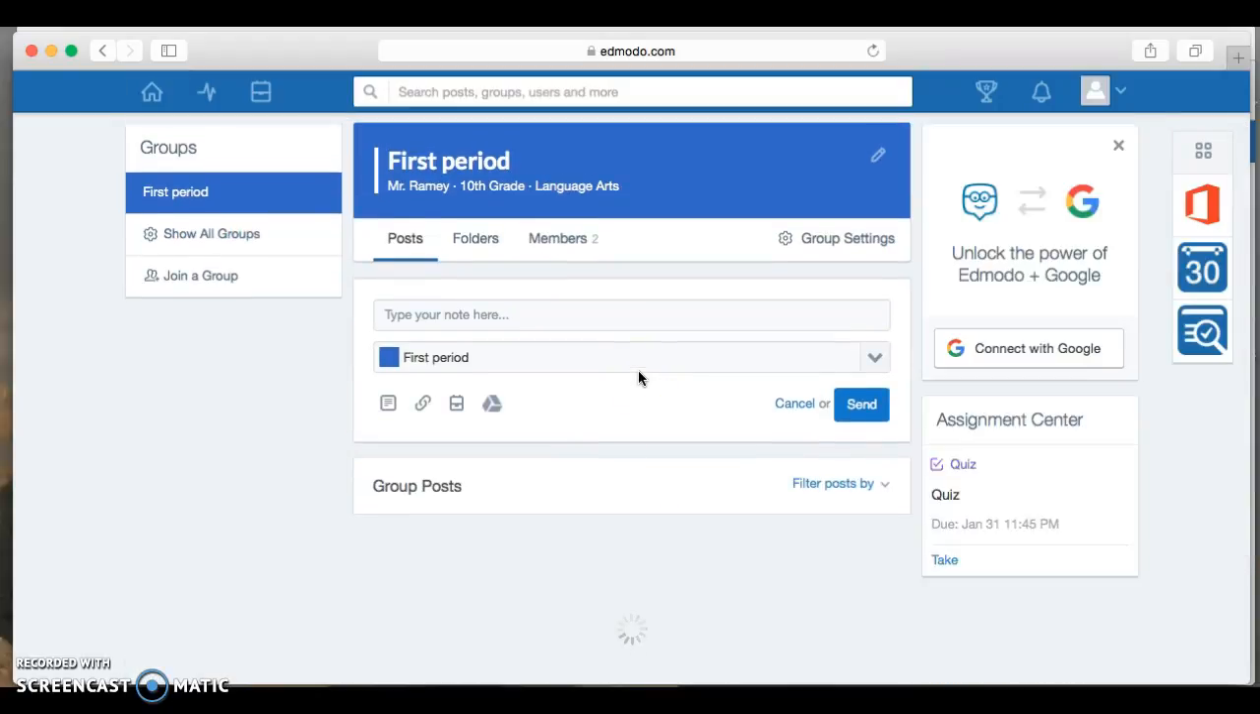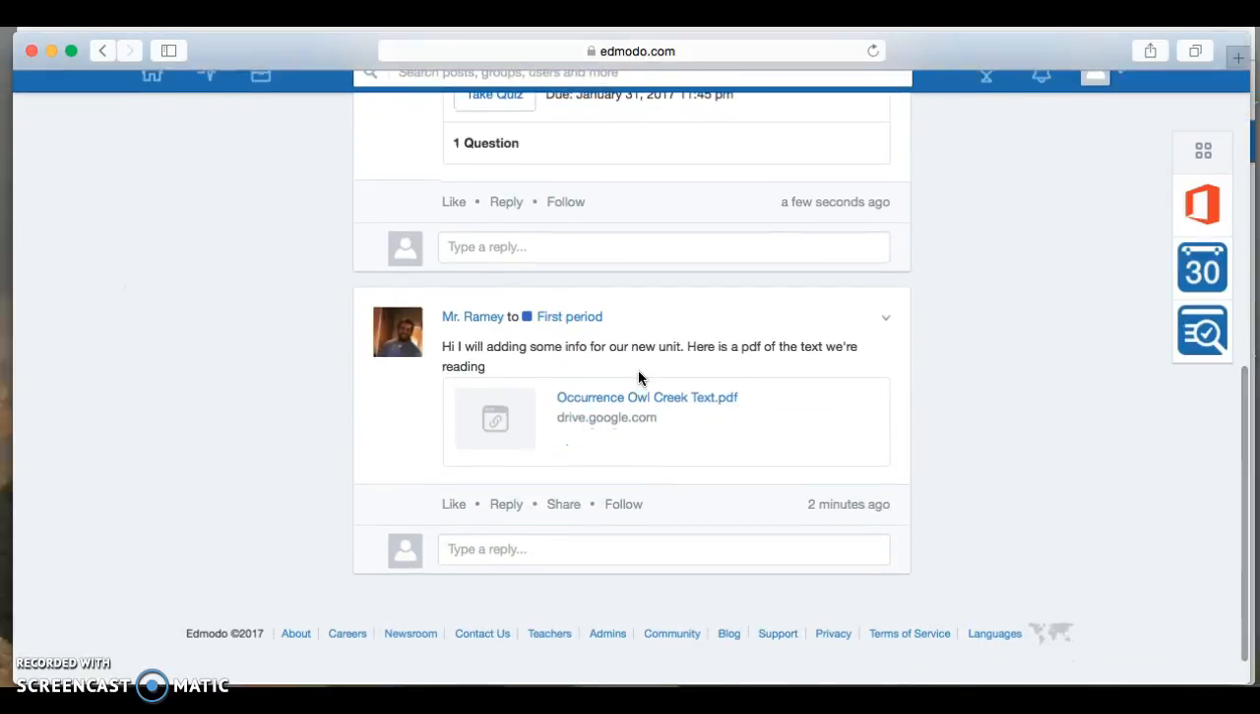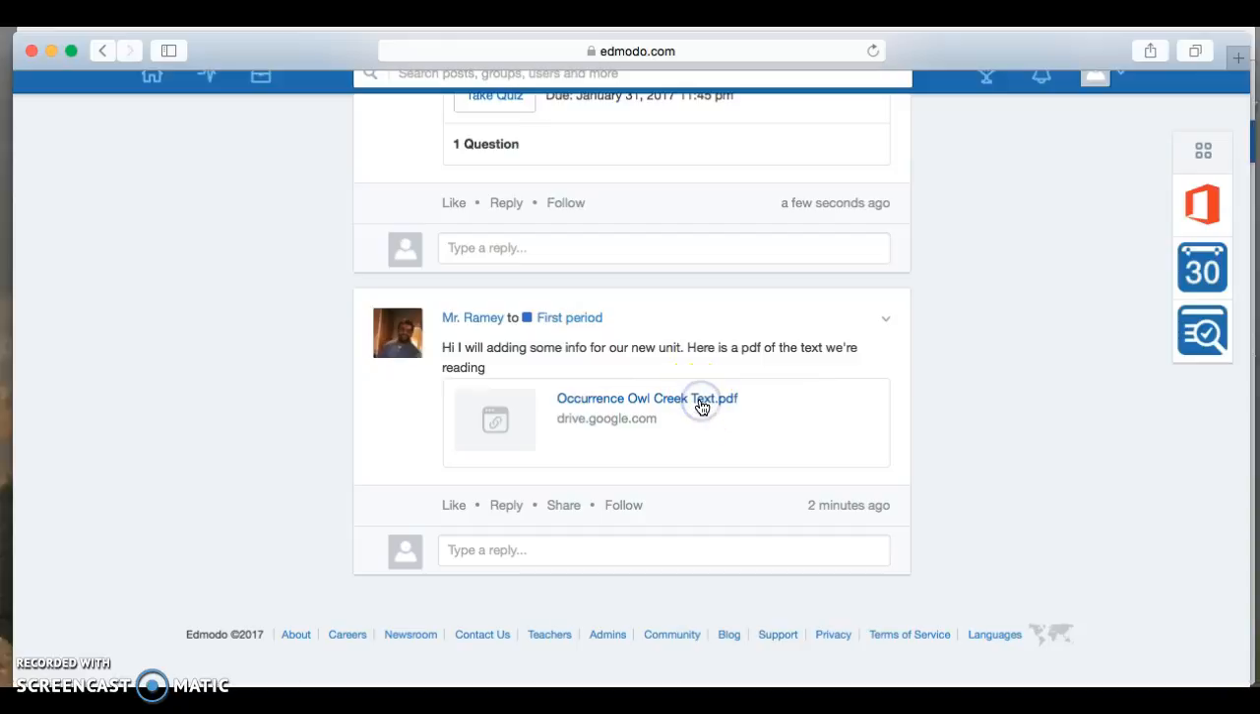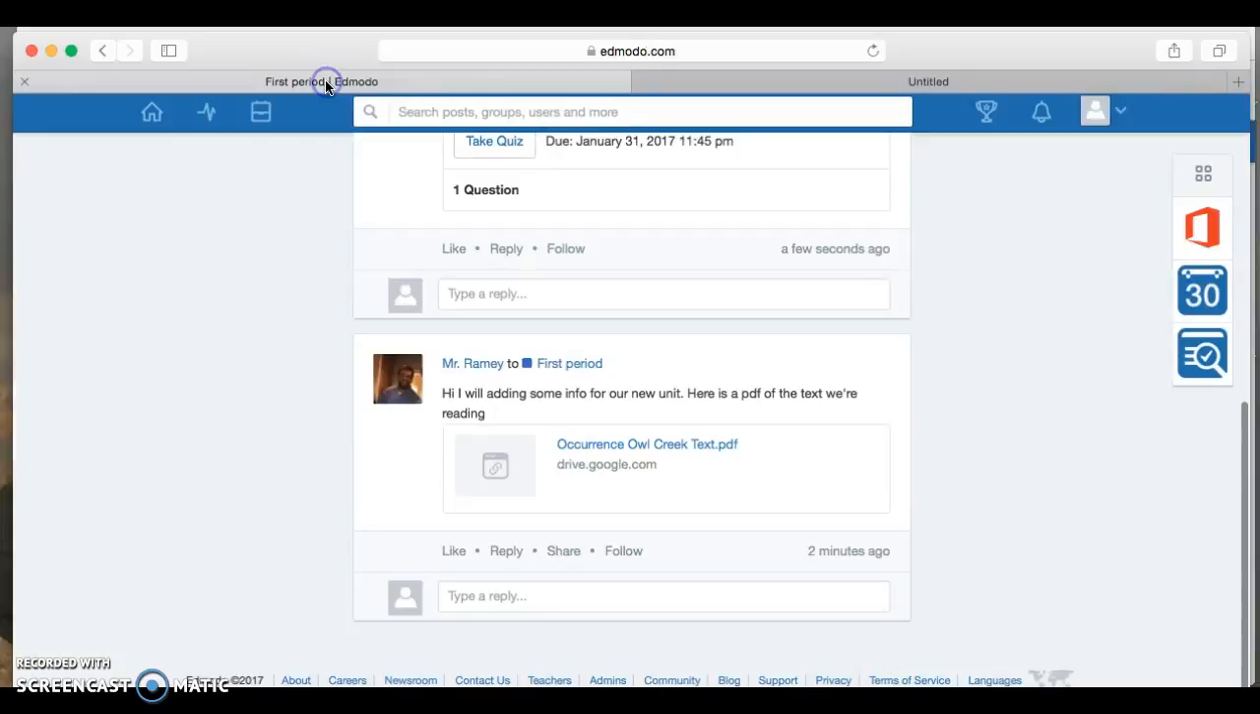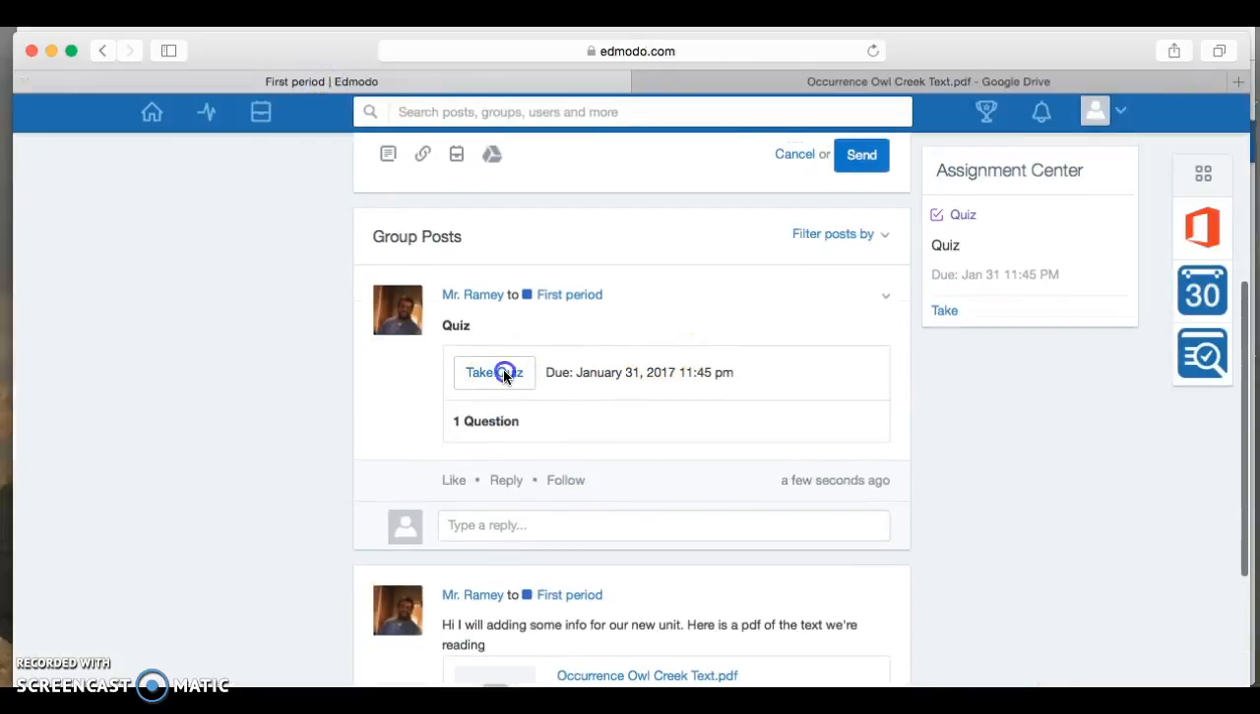And here we are as a student. Here's where Mr. Ramey told us that we'll be reading a text. I could click this and it'll pop up a PDF within our browser window. I'm going to go back to our group and take our quiz,